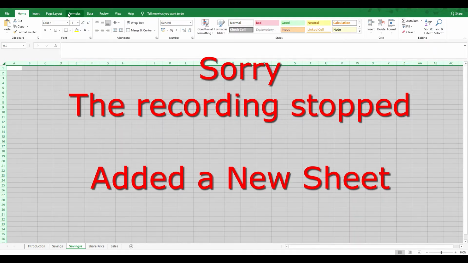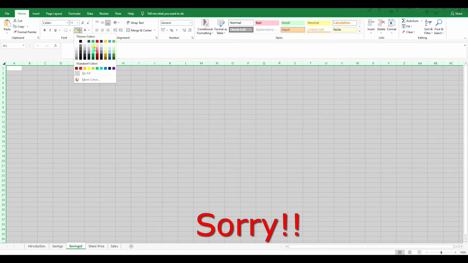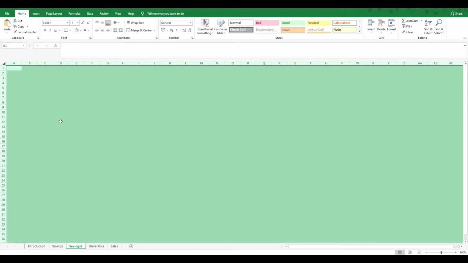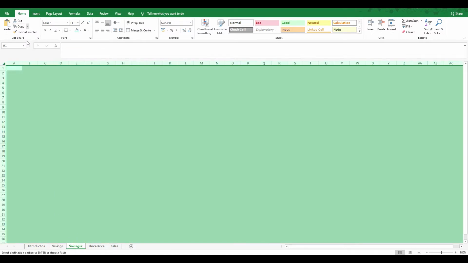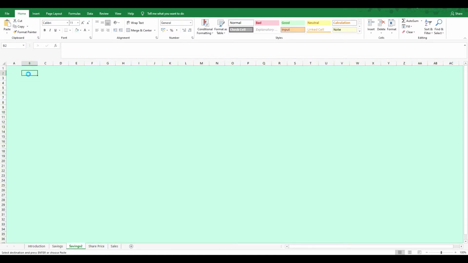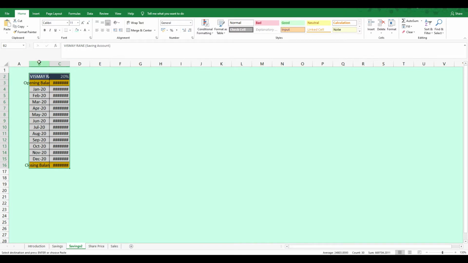Let me color the cells, and we'll take this same example. I'm copying this example for savings, and I'll paste it over here and increase some size.